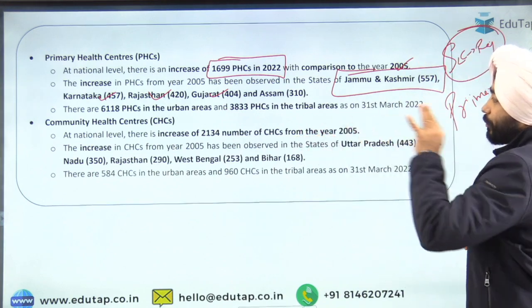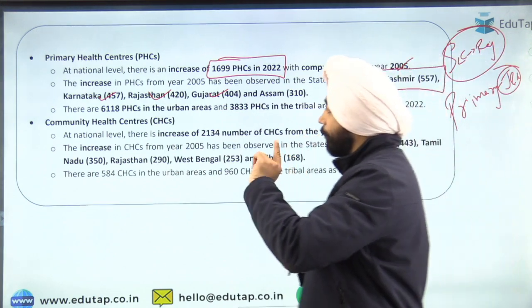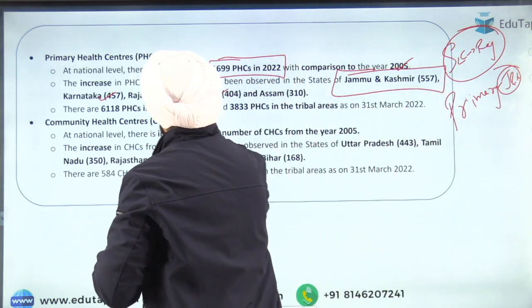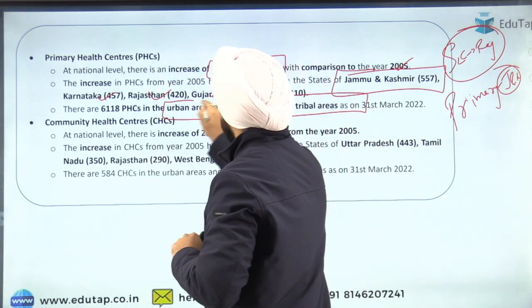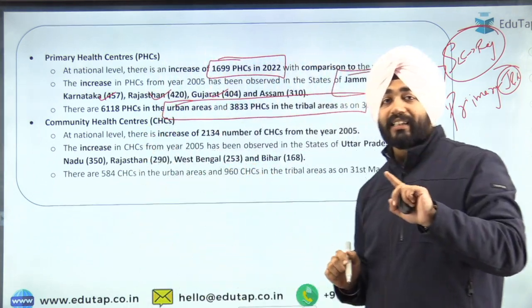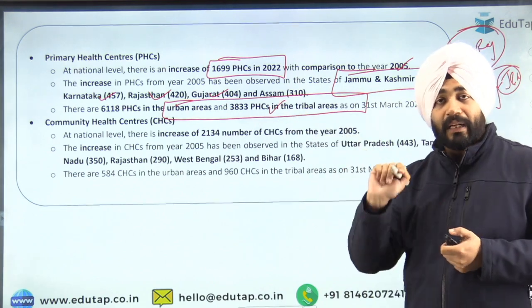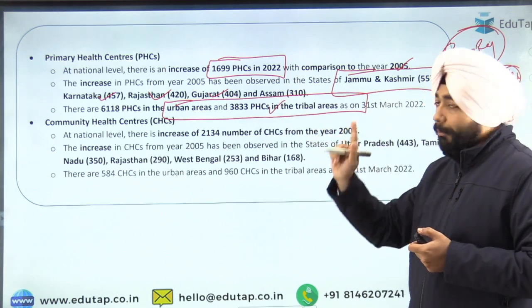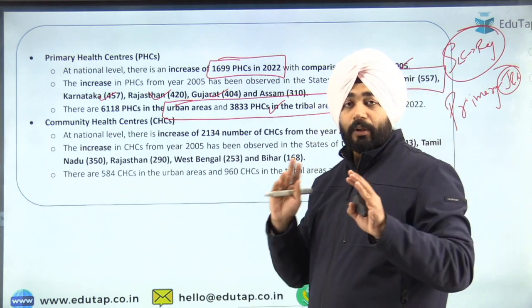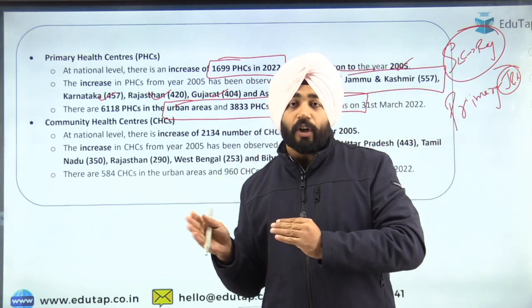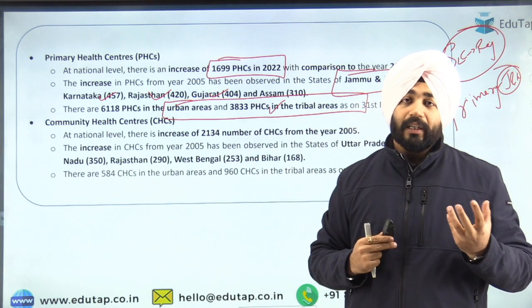Now coming to the next point, the important thing here is that in primary health centers, it has given the data regarding tribal areas also. So it says that primary health centers in tribal areas are around 3,833. So this is again an important thing because we are talking about a rural India specific feature, but there can be things that could be asked with